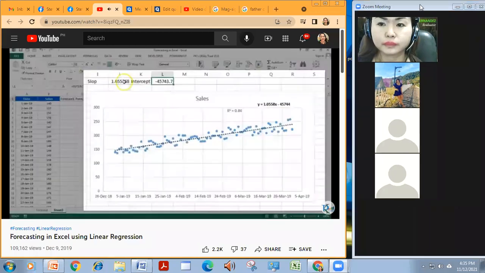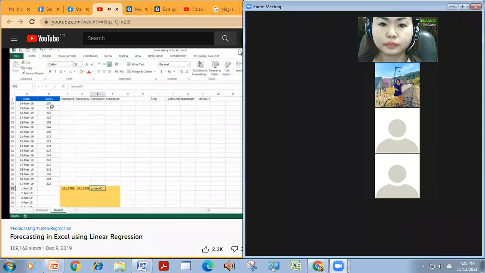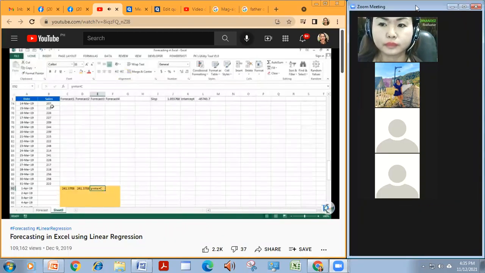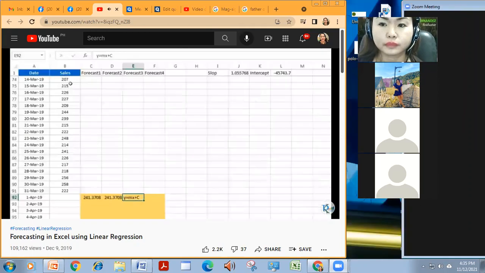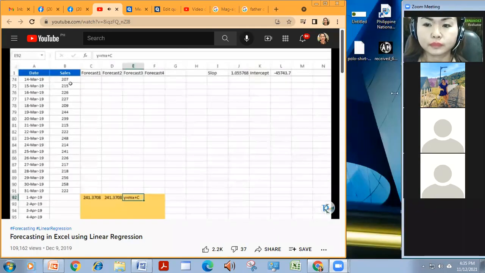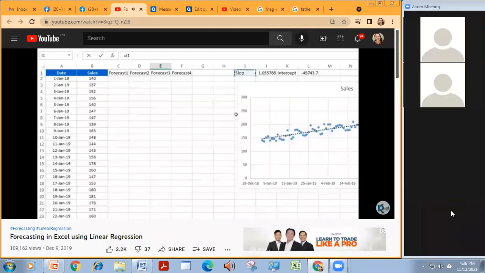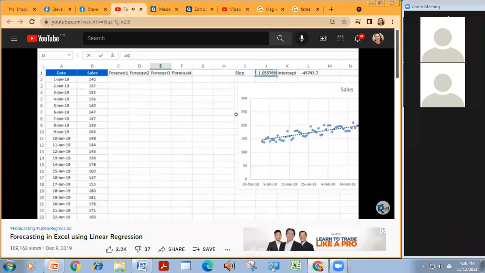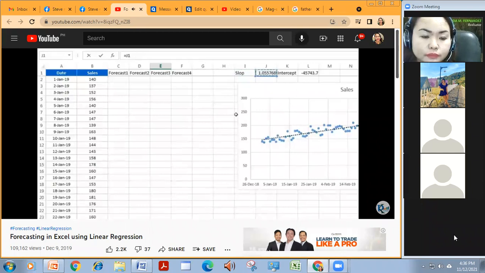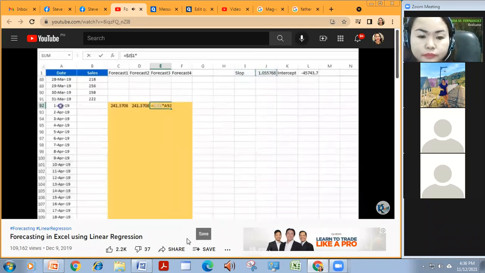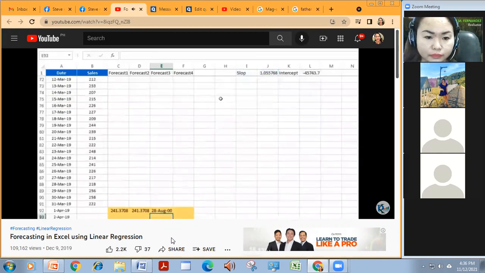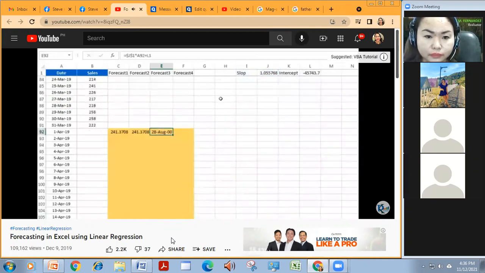Now in the third method here, we will use y equal to mx plus c. Means y we have to get, so we have to put the formula as mx plus c. m is the slope. So just go to the slope. This is the slope value, press F4. mx means multiply x. The x value is the new date. So this is the date. Multiply this, plus, then we have to put the intercept. c is the intercept, this one. Press enter. Then we will get the new forecast. So if we change the format of this, we will get the new forecast.